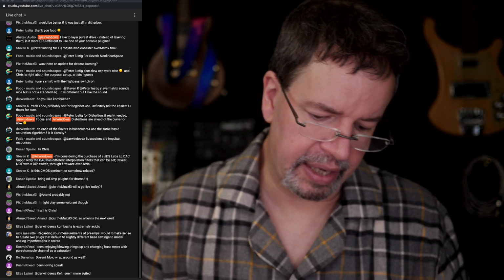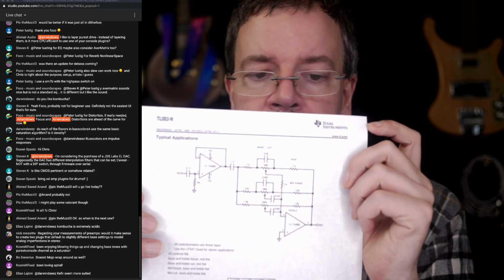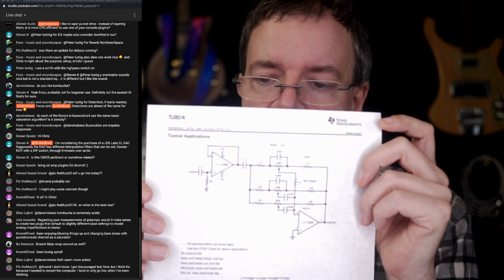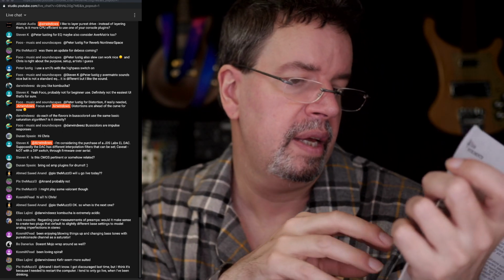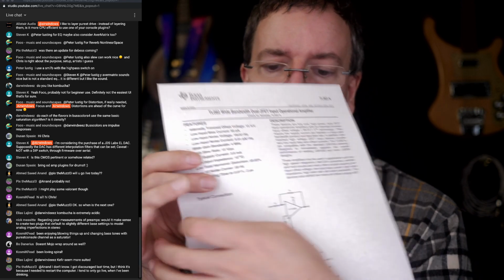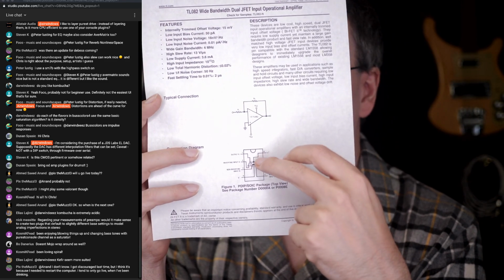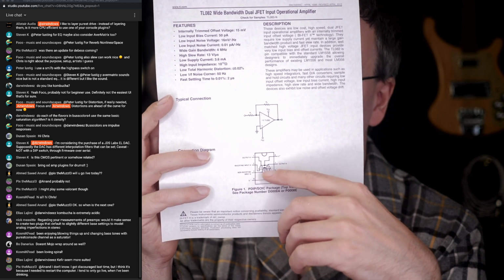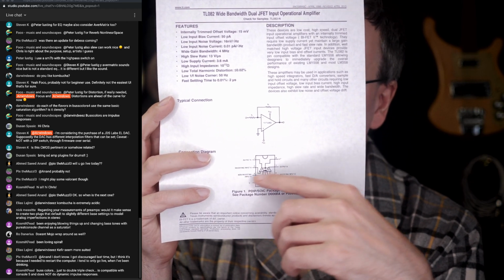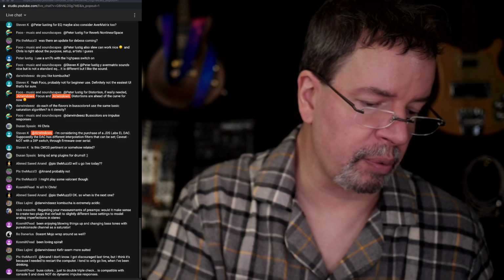You also get things like this, where this is a TL082 dual op amp, and you get these schematics that look like this, but the actual chip will have a little drawing kind of like this, and it's the pinout. It's what's inside it, where you connect to the chip to do various things. And that's basically what I need to do.